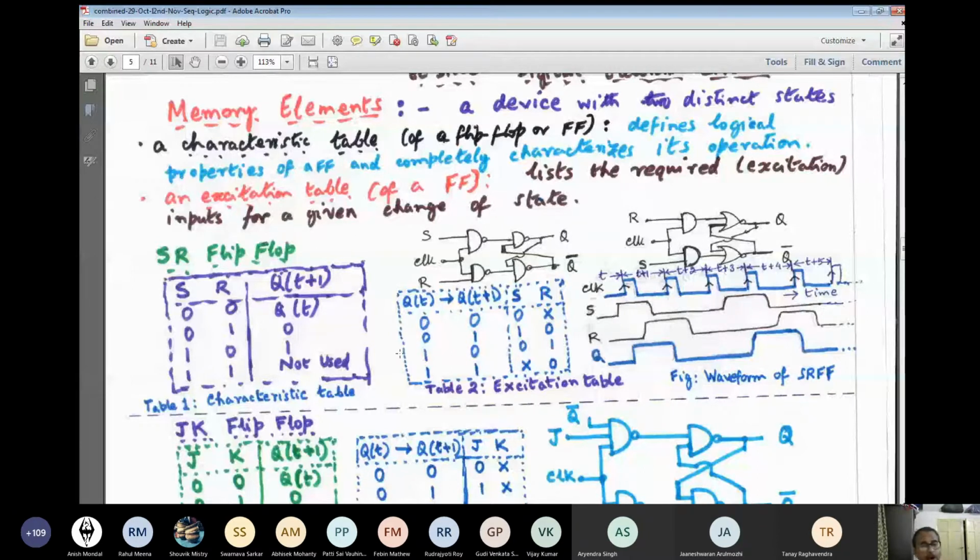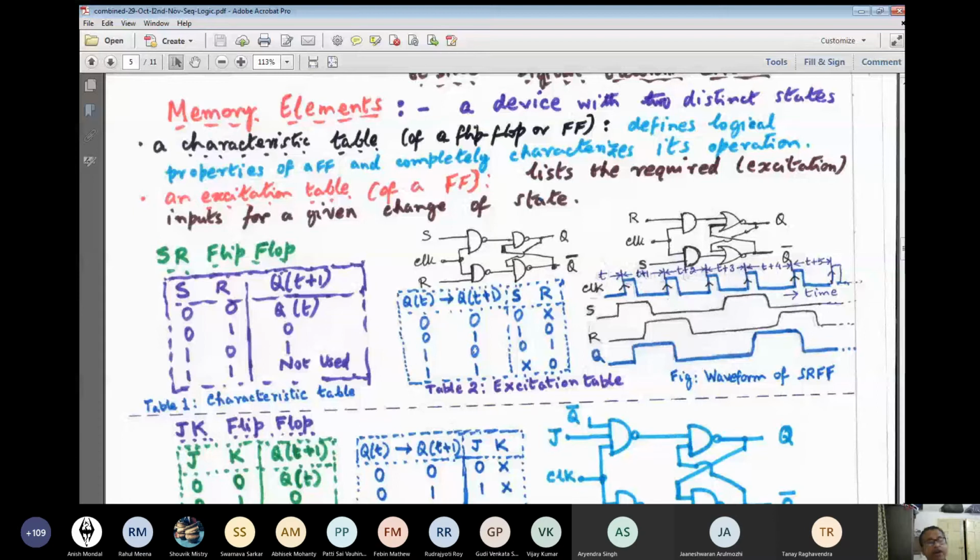And synthesis or design means that I am telling you in plain and simple English to design this and that. I want a circuit which will be like a counter, like a register. You design the circuit. Then your job is to come up with a network of gates and flip-flops. It is not given. You are asked to come up with that. Then you require the excitation table. That means in order that a particular state change takes place, what are the required excitation inputs?